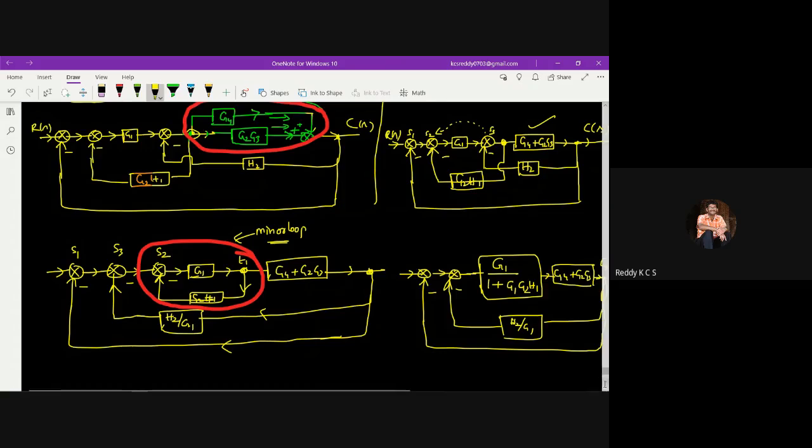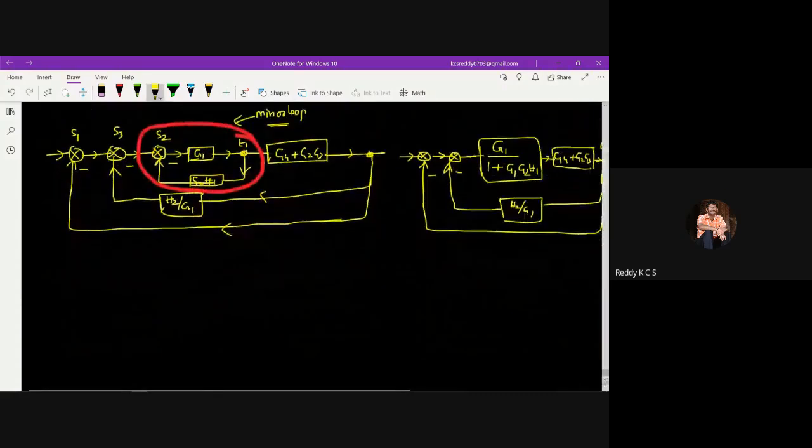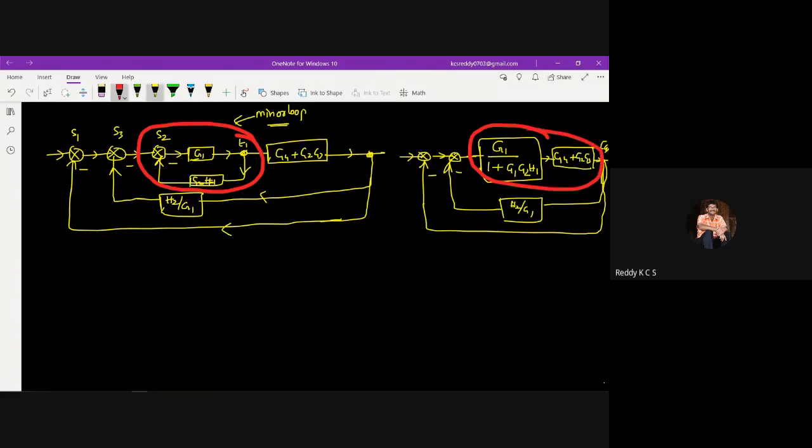So once again, if you look at this block diagram, there are two blocks in series. Which are those two blocks? If you look at this block and this block, both are in series. When the blocks are in series, we can multiply and keep it as a single block. So I'll keep it like this, and then the summing point. One single block means multiplying both the block gain values.